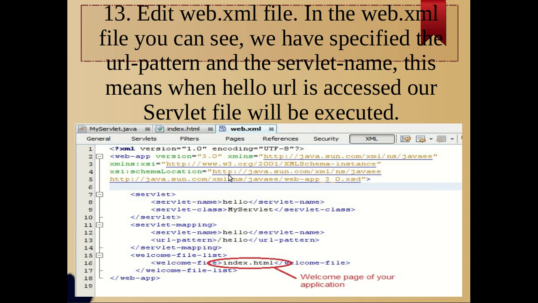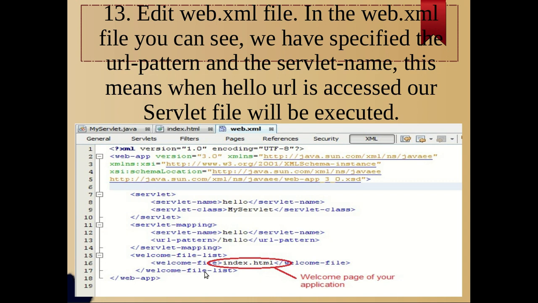Then just check in web.xml whether the welcome file contains the index.html file or not. If this file is mentioned, then this index.html will get executed first. If it is hello.java, then the Java file gets executed first as the first page.